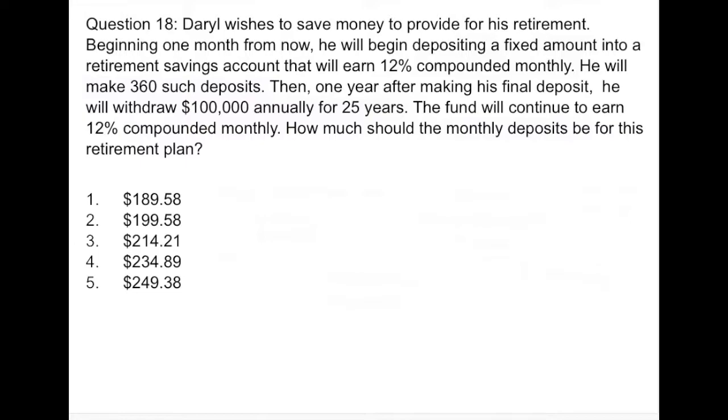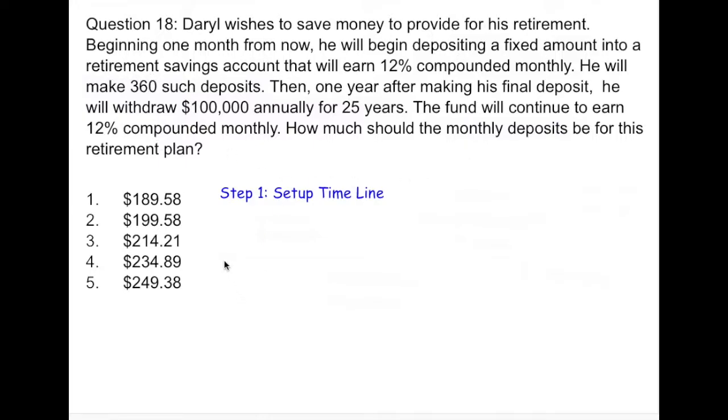Now, whenever we're dealing with a word problem that involves time value of money calculations and you find yourself to be stuck, one tip that I could offer is to begin by setting up a timeline. Help yourself visualize the cash flows that are involved. So with this question, we're going to do precisely that. The first thing I'm going to do is simply set up a timeline so that I can organize all the